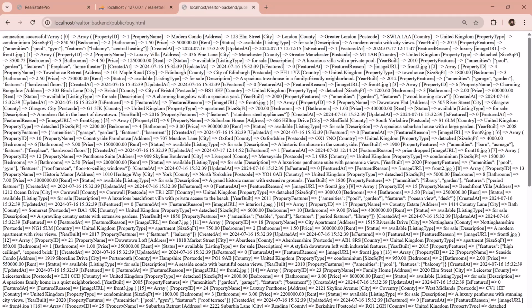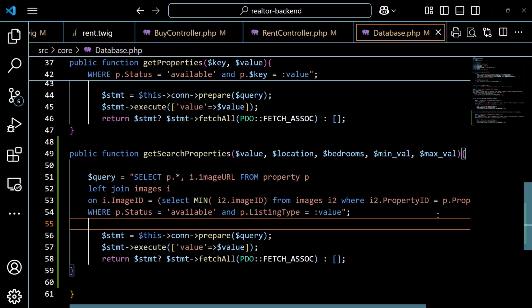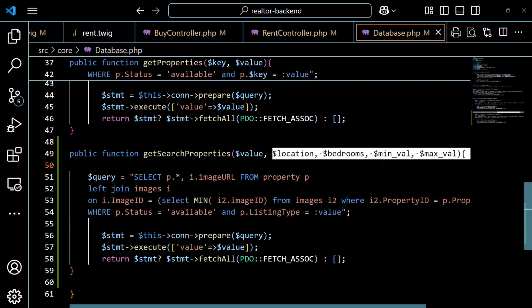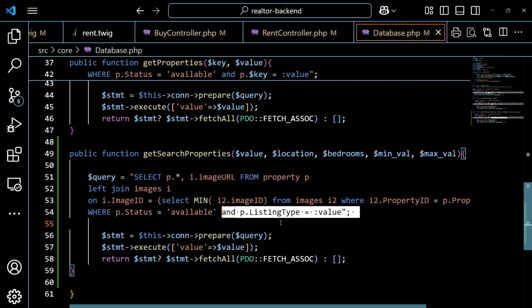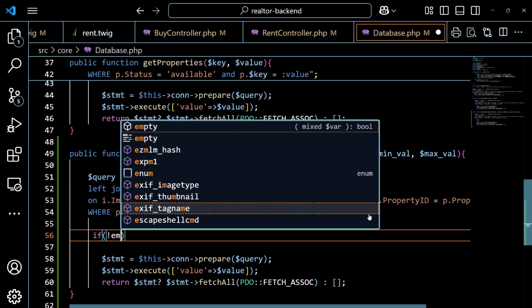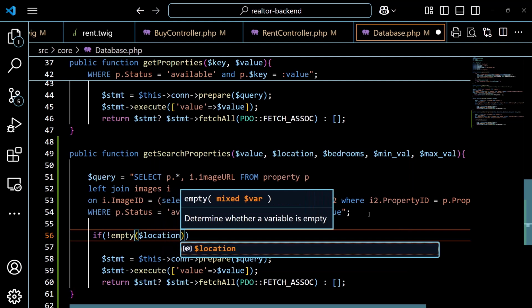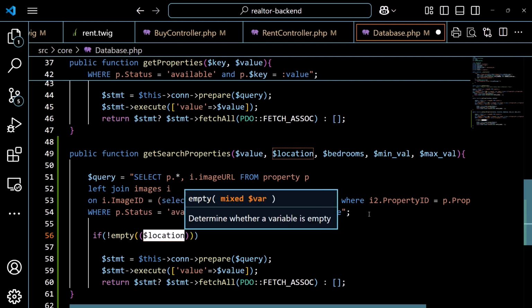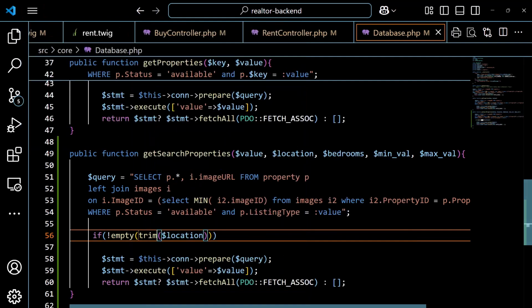Now we can modify the query such that we only return the properties according to the search parameters that we enter into one or all of the boxes in the search bar. So for that, we are going to go through these parameters and check if they are empty or not. If they are empty, ignore them. Otherwise, keep attaching a part like this to our query for each parameter which is not empty. So we are going to start off with location. So if not empty, $location. Now over here we can apply as many filters as possible. For example, one filter that we can apply is we can trim it as well, because sometimes we write the string